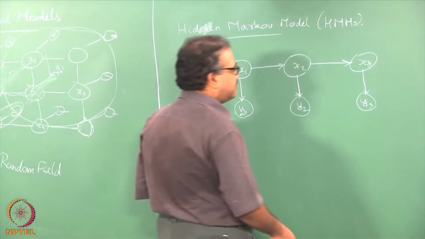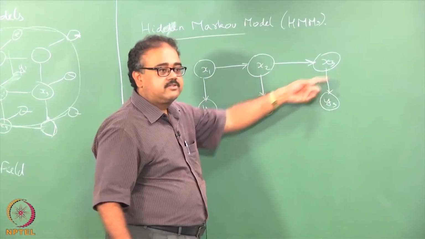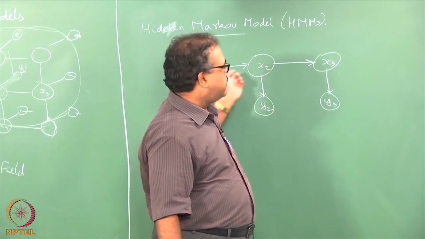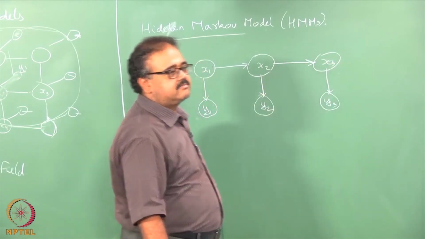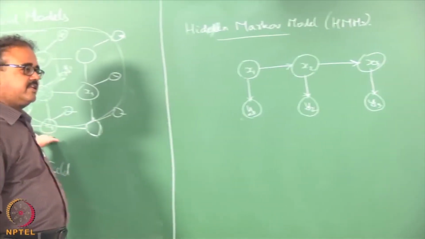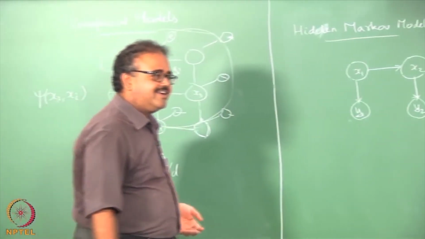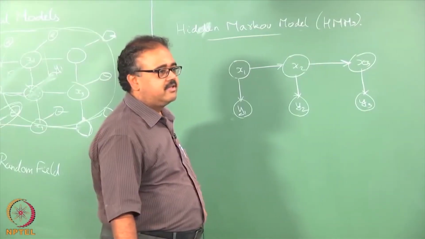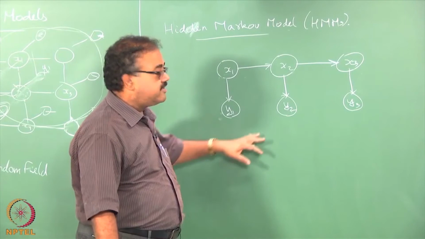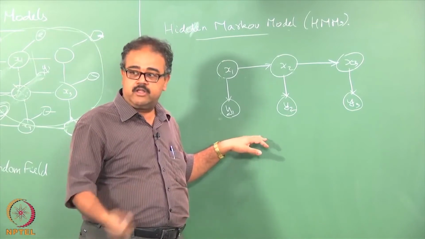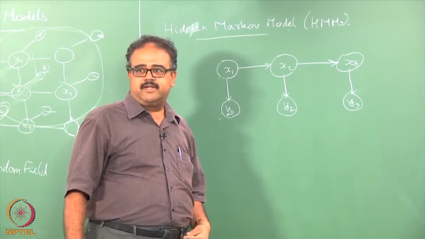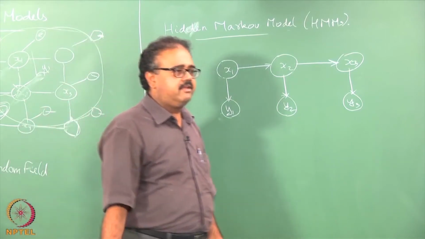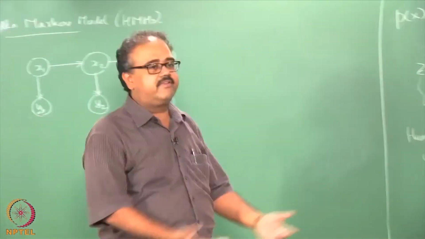What is hidden? I don't get to see H1, X1, X2, X3. I only get to see Y1, Y2, Y3, and X1, X2, X3 I will have to guess. You can also think of this as a hidden Markov random field if you want, but they don't use that terminology. Hidden Markov models are used quite often, and there are inference techniques which people have specially honed for HMMs. But it turns out that the same things work on many of the graphical models that you will see in practice.